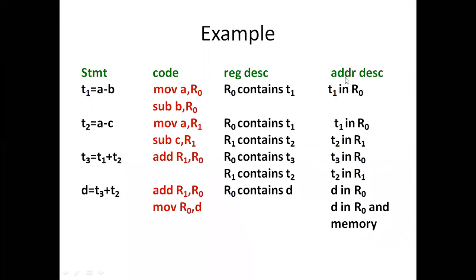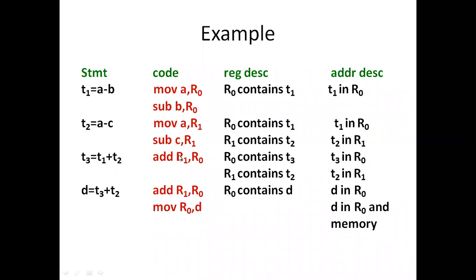Is it clear? This is the most important and a direct question. By giving an example like this, construct or generate the code for the given expression. It is a direct marks question. First step, you need to represent the three address code. Second step, the code generation table representation.